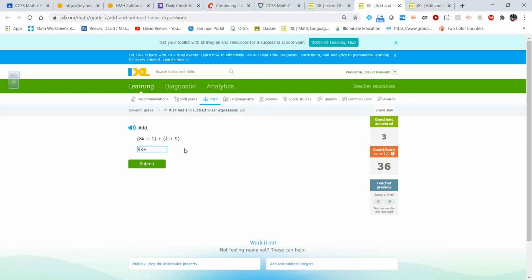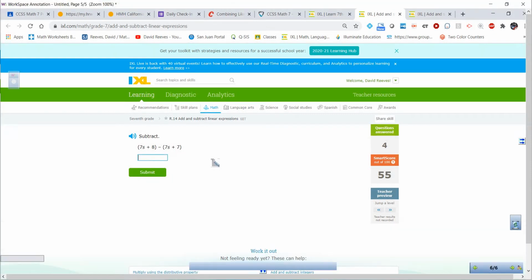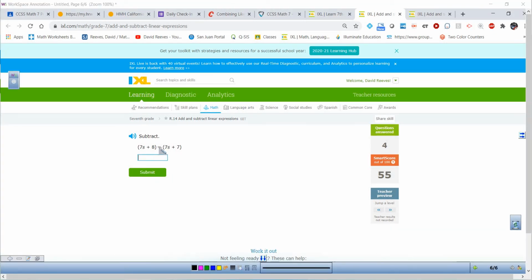And I'm going to add that 1 and that 9, and I'm going to get 10. All right, let's skip up to the next level, see if it's any more difficult. All right, now it gets a little bit tricky because now I've got a subtraction here, but I have a